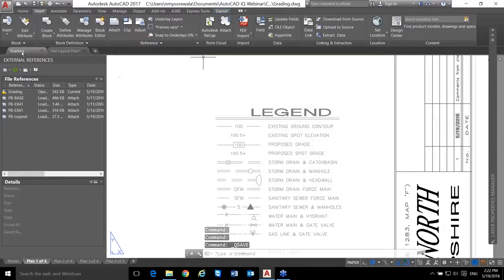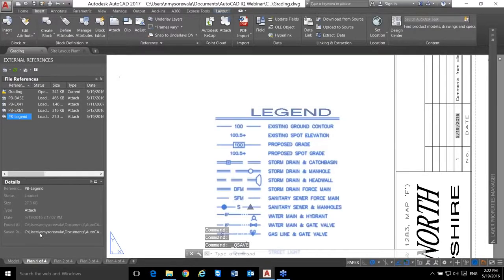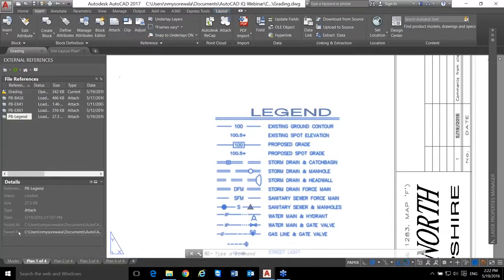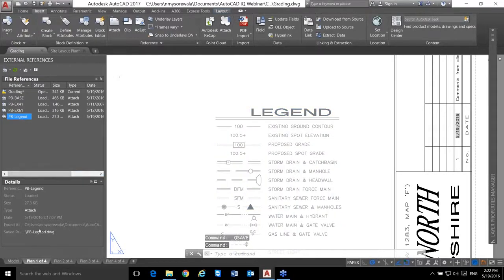My grading file. Now, since I have saved it, I'm able to convert this one to a relative path. As I said, relative paths are much, much easier to work with. So all I have to do is right-click, path type, make relative. And now I have a relative. If I save this drawing somewhere, copy it over to another computer, I'll be able to easily find this